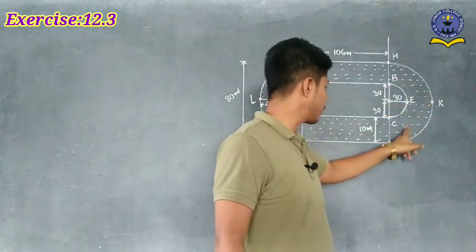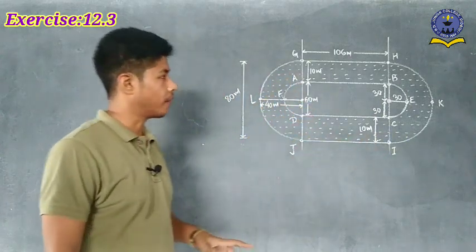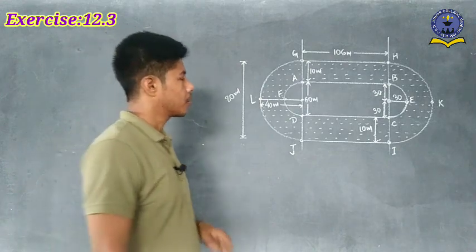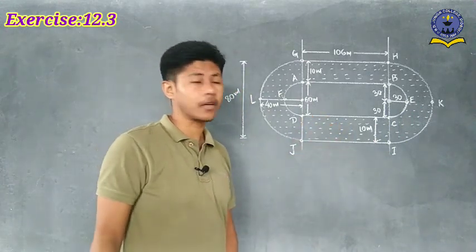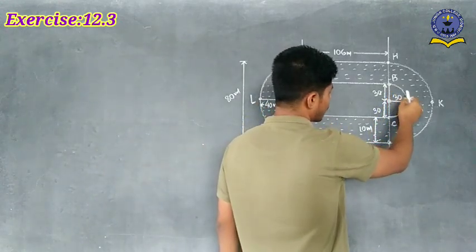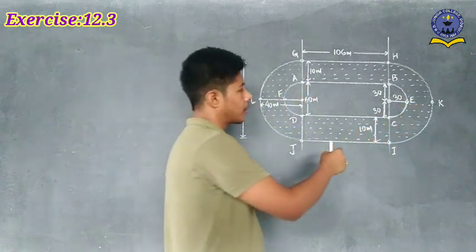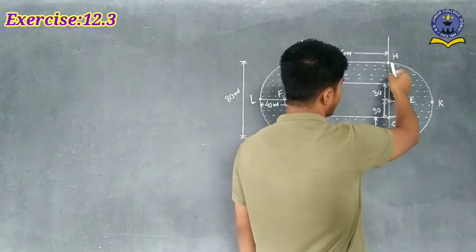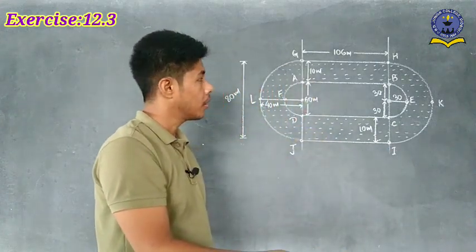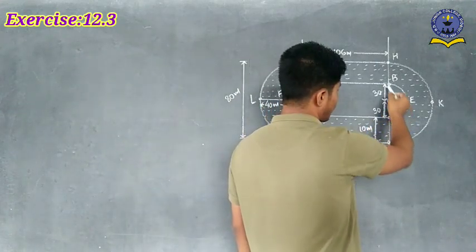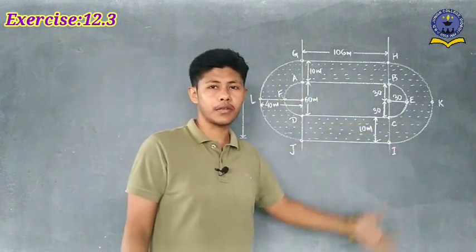So main part is what here? We have to find out the area of this portion, as well as the area of this portion. So how can we find out the area of this portion here? Very simple, easily we can find out here. So if you see here BEC, this one is what? Here mentioned as a semicircle. So if we find out the area of semicircle BEC, in this way easily we can find out the area of semicircle HKI also, isn't it? So in the smaller one BEC, the radius is how much? 30. So easily we can find out the area of semicircle BEC here.